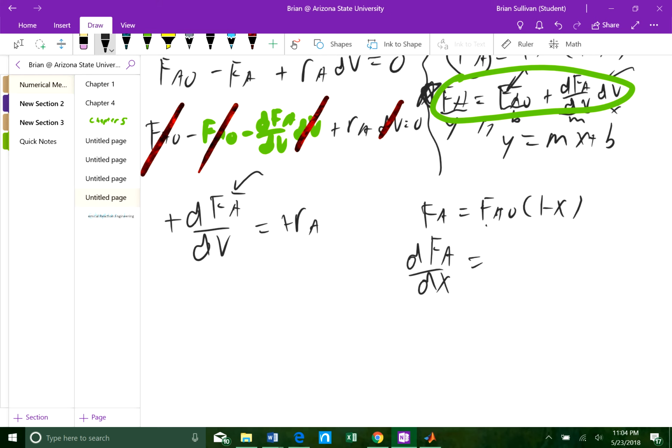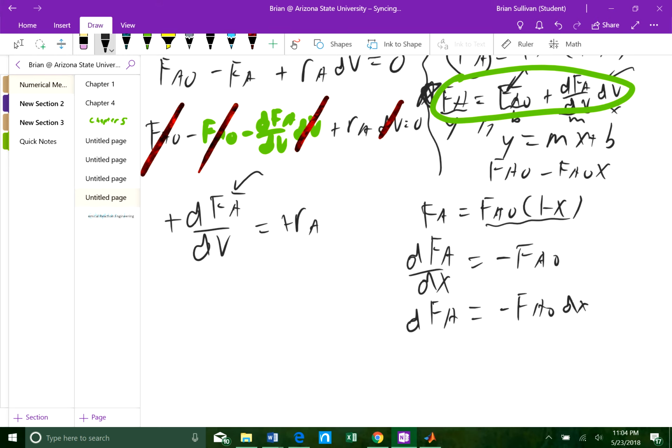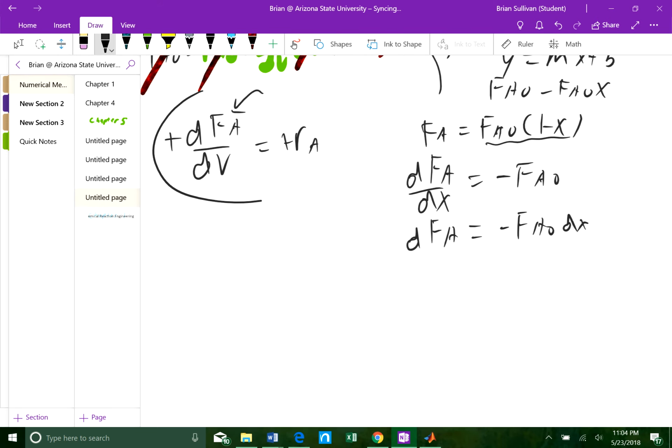Well, what's the derivative in terms of x over here? Well, if we distributed the FAO, we'd have this equation. And then if you take it simply in terms of x, you're left with just negative FAO. Like that. So then dFA alone, without the dx under it, is equal to negative FAO dx. Now that's something we can plug into what we got over here. Right? So replacing dFA, we get negative FAO